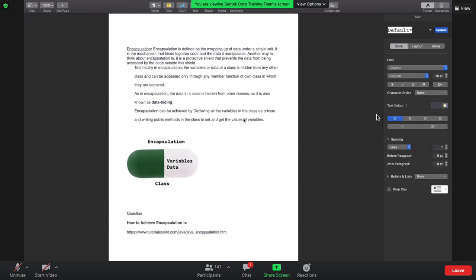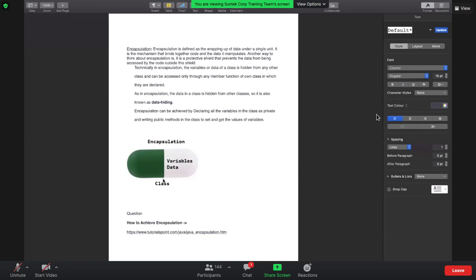So basically, what is encapsulation? If you see in the diagram, we are binding the things and putting them inside some kind of a protective shield, which doesn't let your powder go out, right? And this is what the capsule does. So that's why we are binding inside the capsule, and this is the reason it is called encapsulation, right? So encapsulation is defined as the wrapping of the data within a single unit.